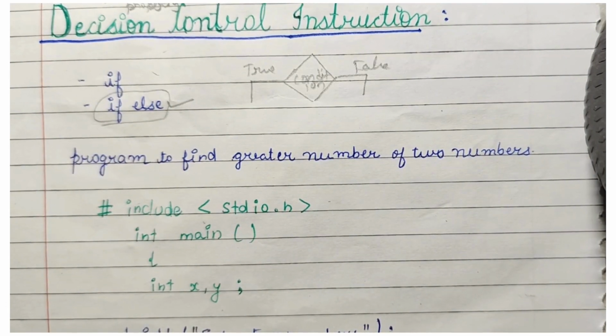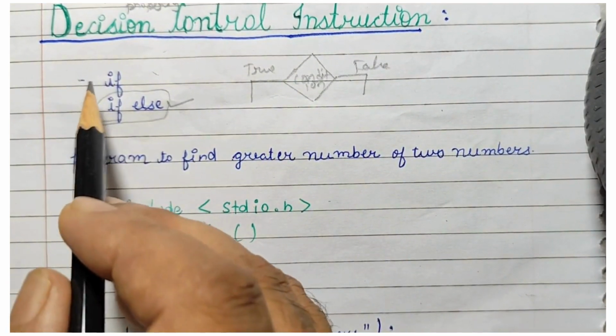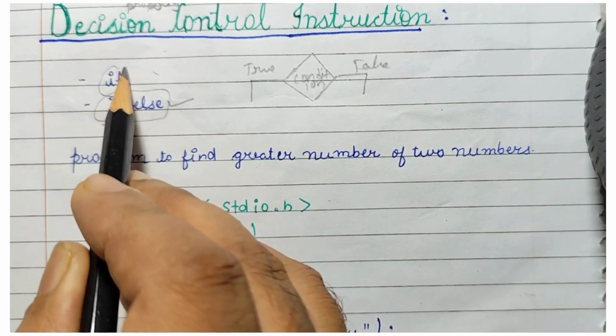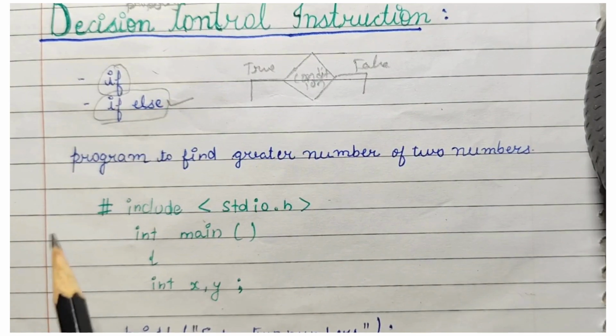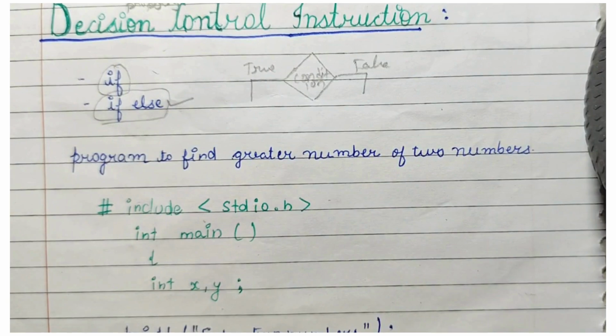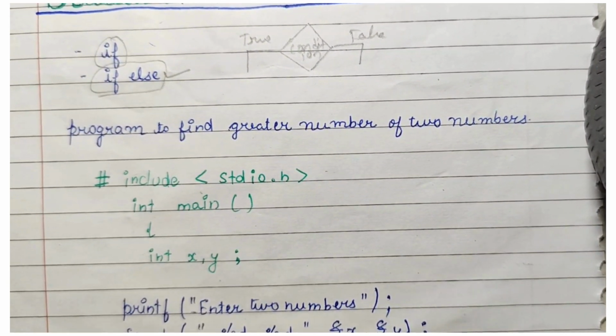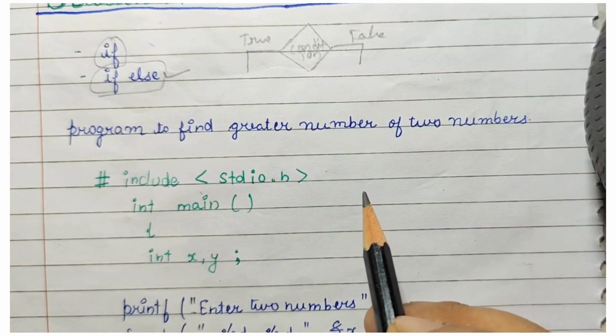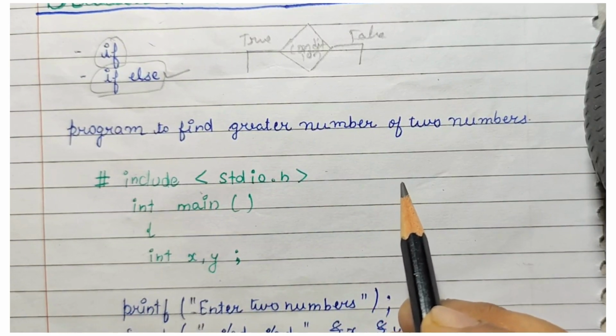Now what is if? If is a keyword. What is else? Else is a keyword. I hope all of you are familiar with keywords. Keywords are the words whose meaning is reserved for the compiler. When the compiler encounters the if keyword, it understands automatically that the programmer wants to implement the if else structure, because if else is only used for implementing decision control instruction. Like in daily routine, in reality,